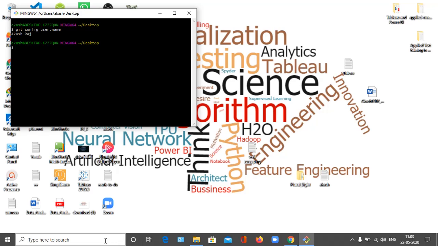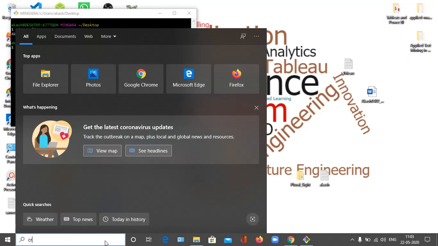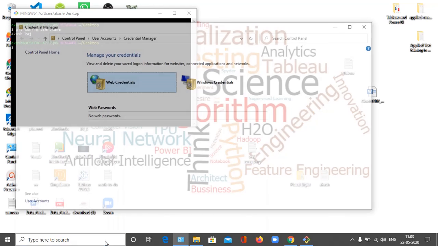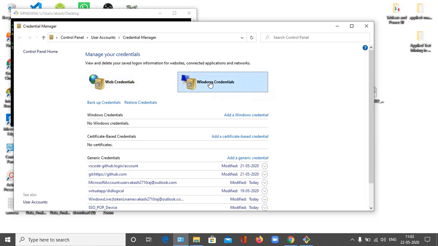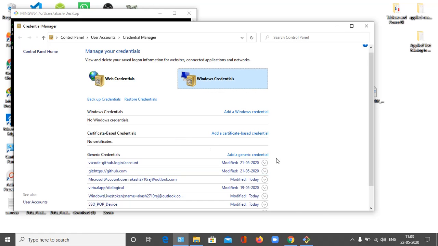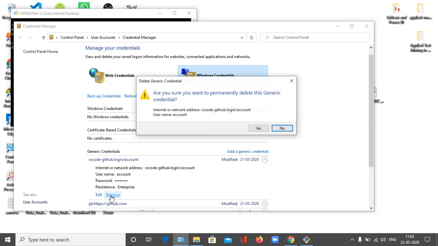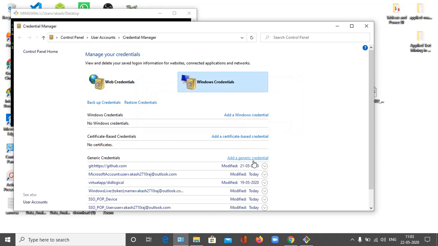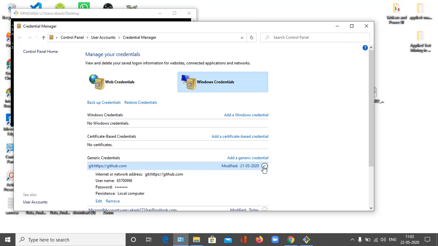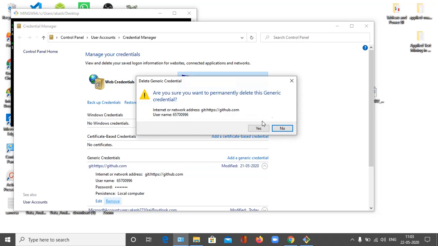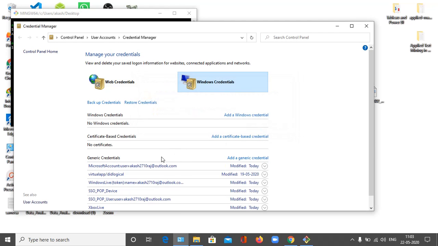So for that I have to remove my credentials. So I am going to credential manager and Windows credentials. I am going to remove all this now. Yes, I think I'm done with this.